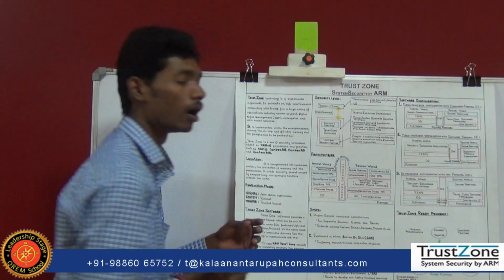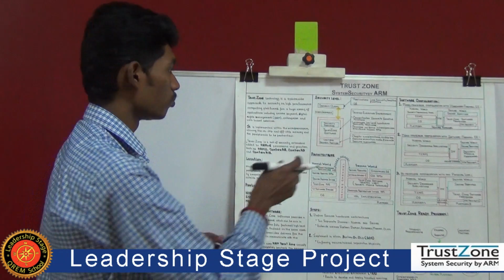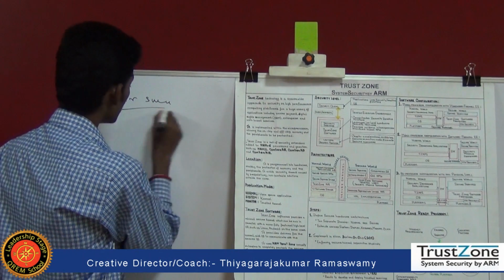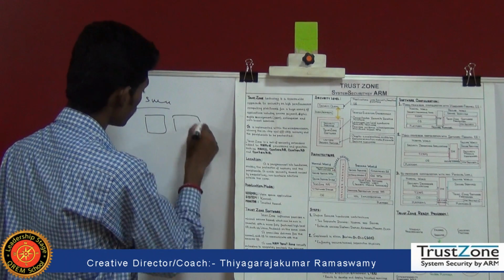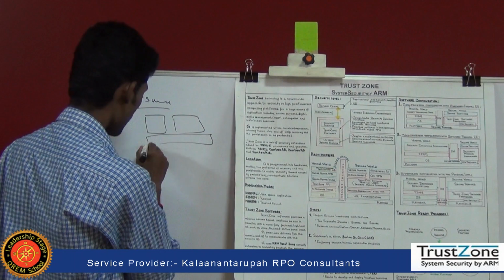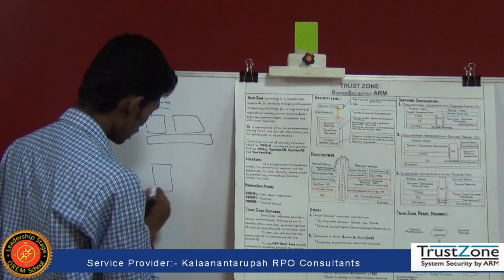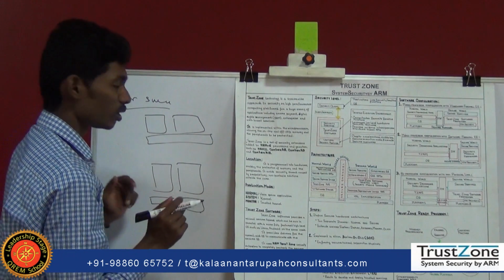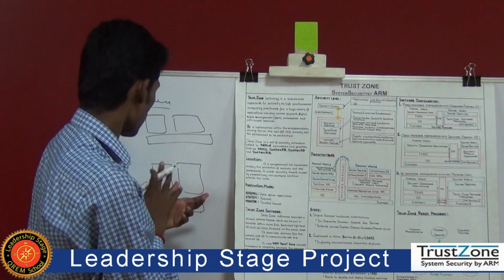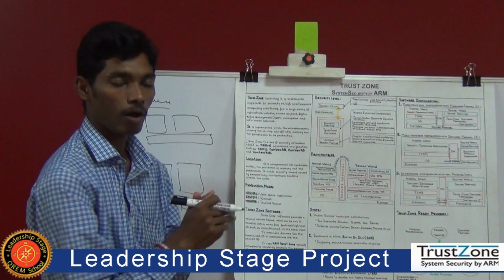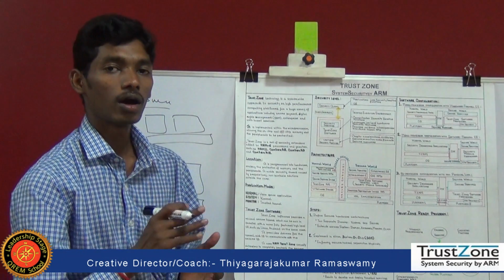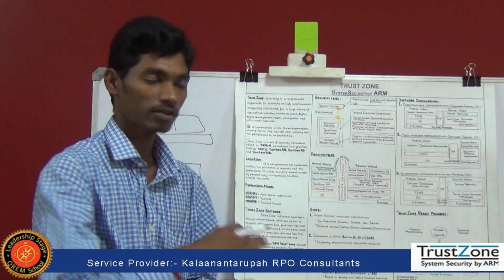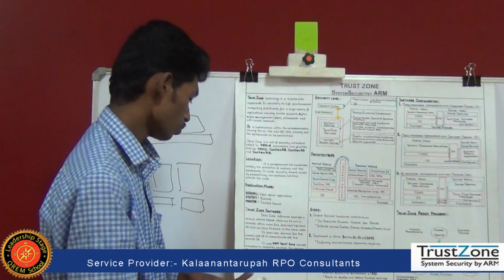This is the multi-core support by Trustzone. The Trustzone software supports multi-core, that is, the normal world and secure world OS can share the platform, or they can run separately on different platforms, which is called a multi-core platform. And all versions of ARM processors can also support this multi-core. They can run on the same platform, or they can run on different platforms. And how the